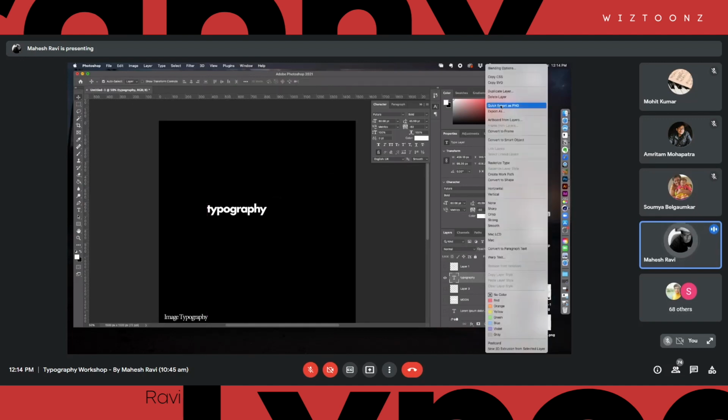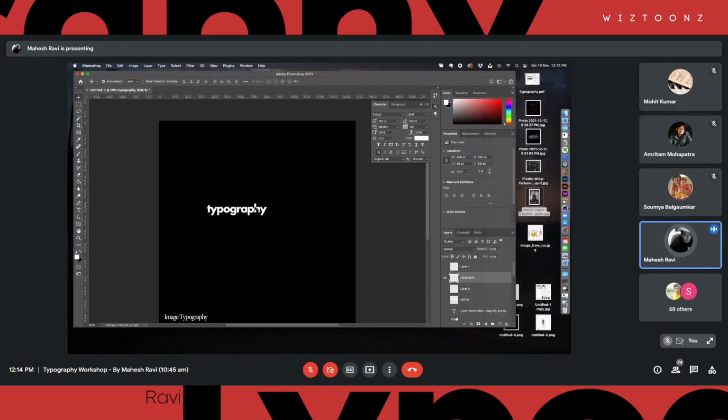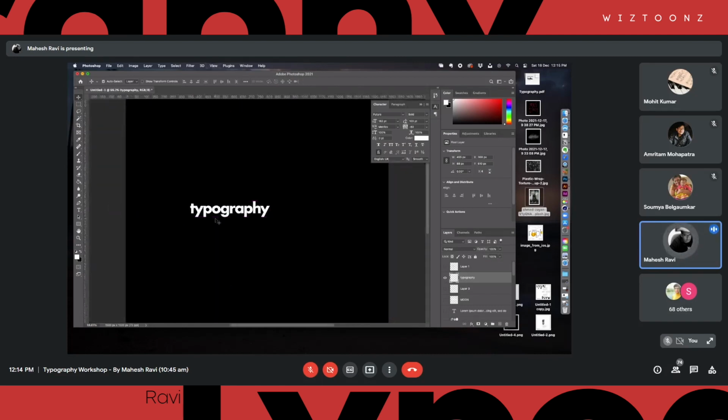The first thing that I wanted to do is create an uneven focus in this. So right now, when you look at this, everything is in focus. Everything is very clear. We can see this properly. But the first thing that I did was I took the blur tool in here and I wanted to create an uneven focus. So I would say that the T is out of focus here. Then a portion of the Y and P is in focus. The whole bunch of this is out of focus, and then a tip of the Y is out of focus. So now I created an uneven focus here, right?